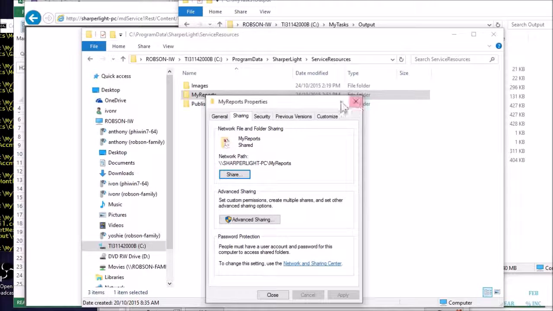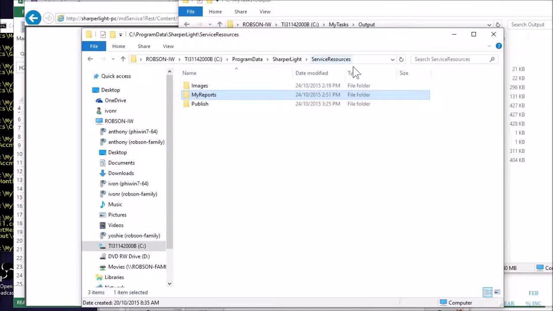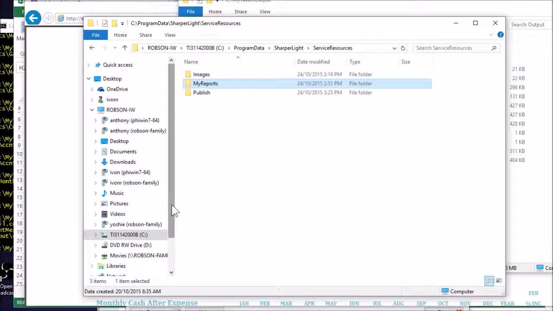This is a good way of distributing the load that would normally be on the application server. So you could have a number of PCs around the office that have access to this shared location. So I've shared Publish and My Reports. I recommend that you do your own separate folder, and once you've shared those you should be able to